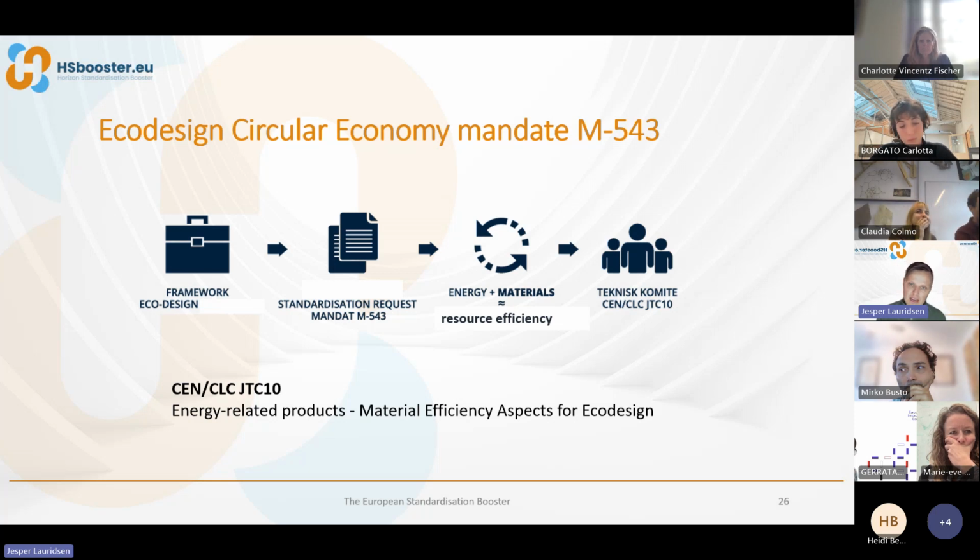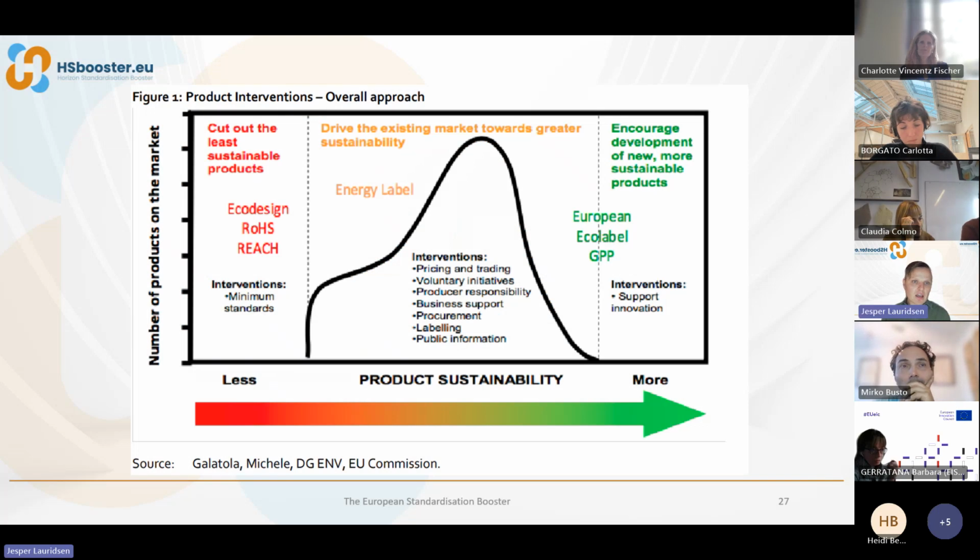And the energy in the use phase is measured when you go to buy your refrigerator and you can buy a refrigerator that is A+++. That is the way it is pulled out on the market. I'll show that in the next slide. So if you have the energy and the materials, you have more or less a basis for the resource and energy efficiency of the product. You can see here the minimum requirements on the left side: